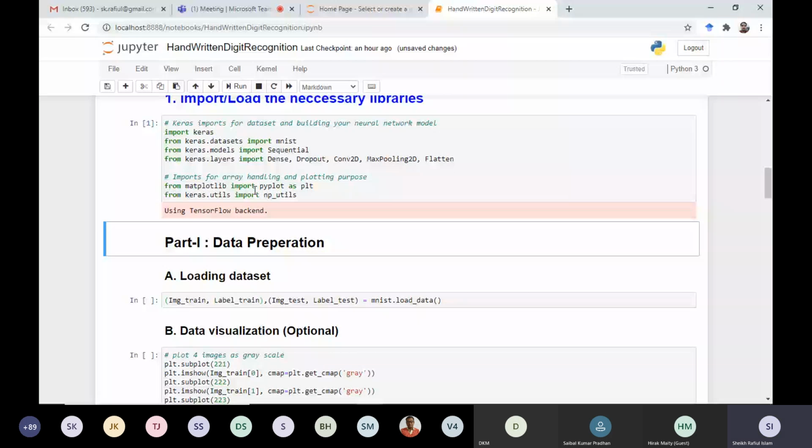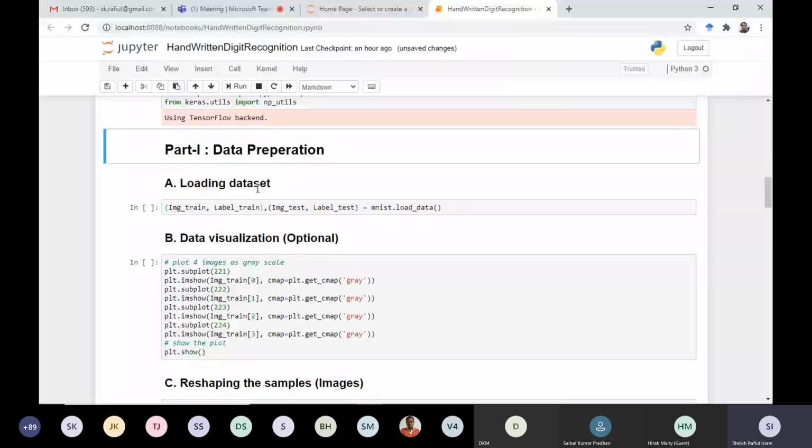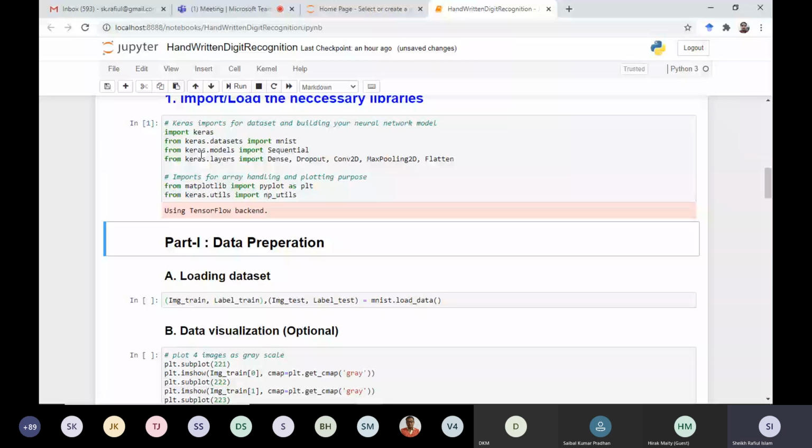Okay. So if you see, all tools have been imported, and as I already mentioned, at the back end of Keras, we are using TensorFlow. That's why this message is coming here. Other than TensorFlow, there are some other options that you can also use. Personally, I prefer TensorFlow.